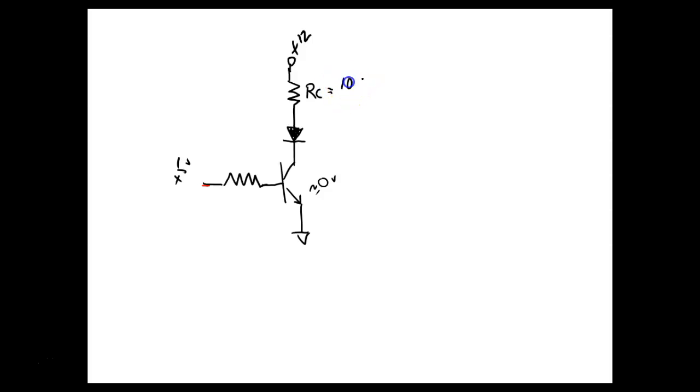So we know RC has to drop 10 volts at 15 milliamps. And we know this guy here, we'll call this LED, we'll call this D1, is going to drop about 2 volts at 15 milliamps. Okay, so what size resistor would I use? R is equal to Ohm's law. R is equal to